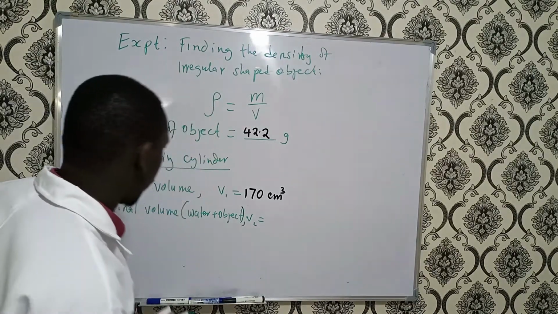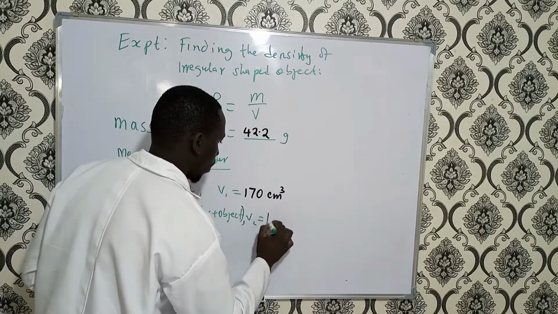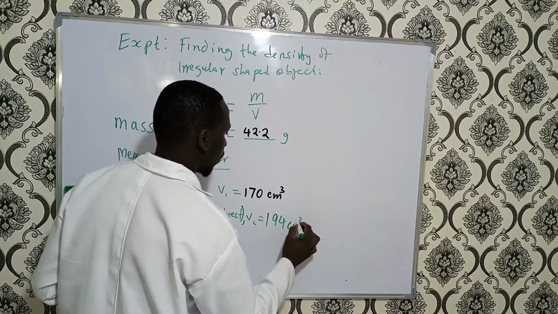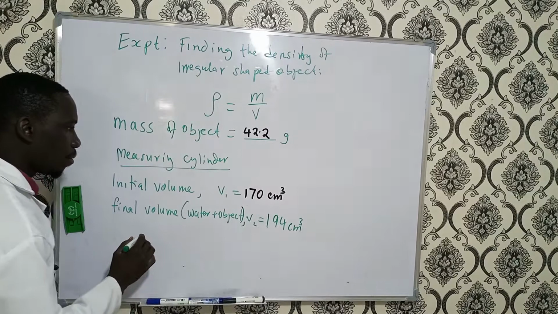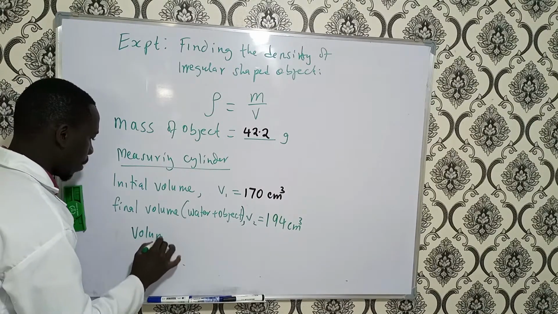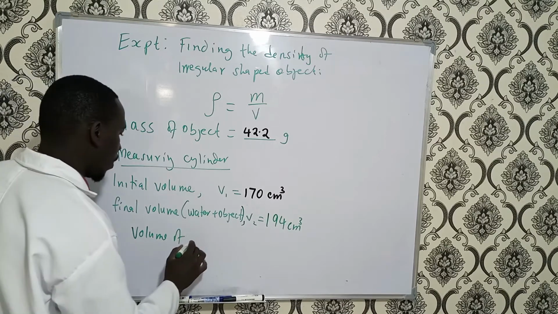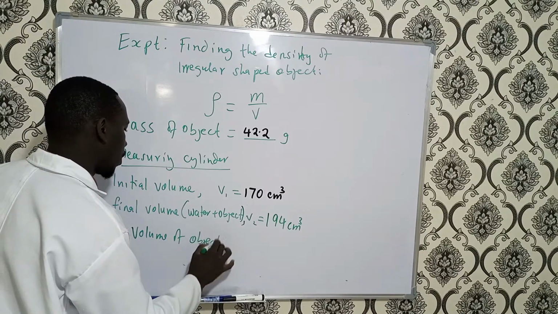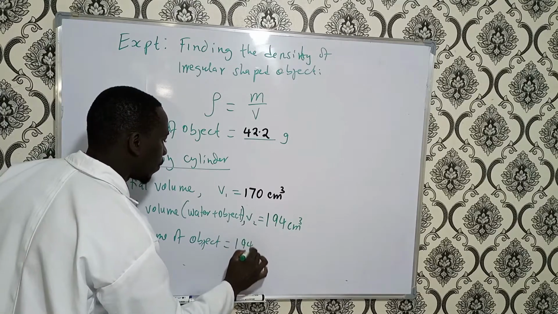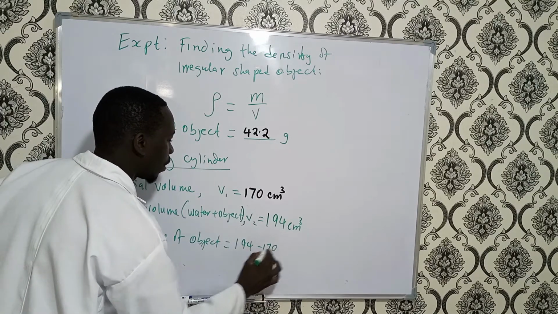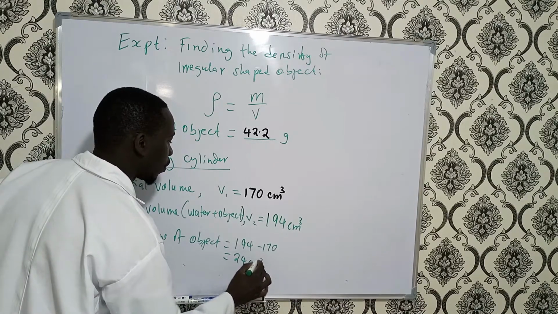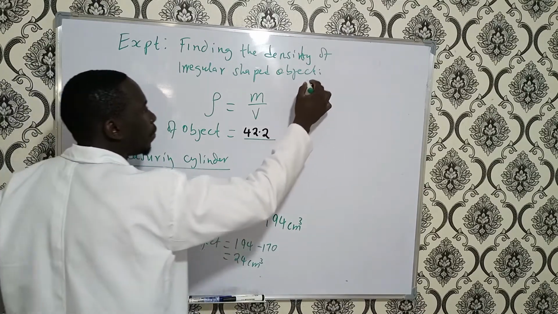That is 194 cubic centimeters. So now the volume of this object is 194 minus 170, and this is equal to 24 cubic centimeters. Therefore, the density